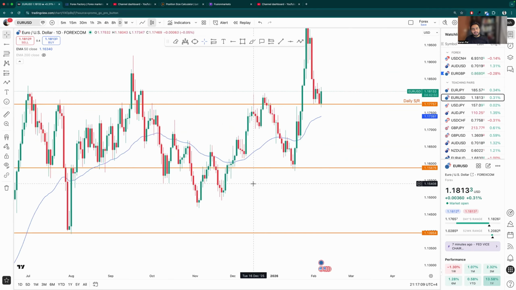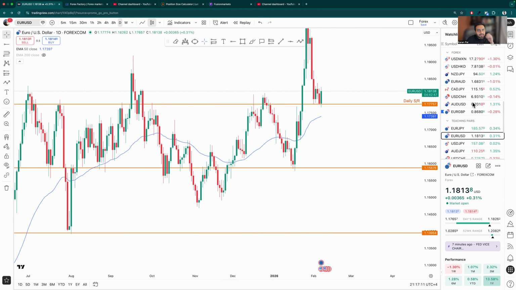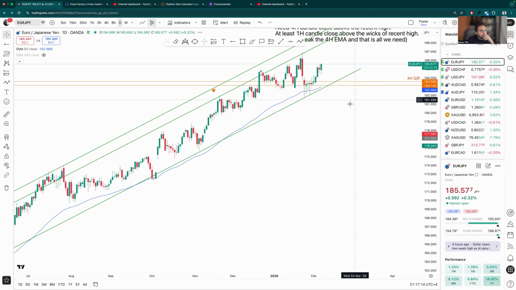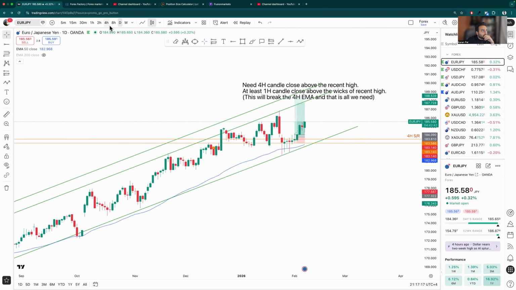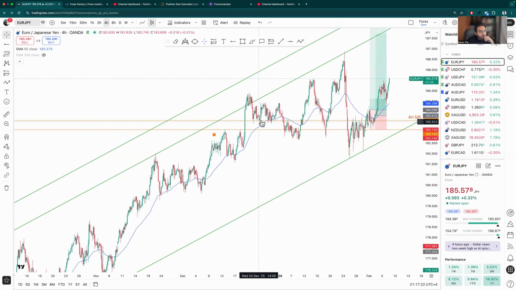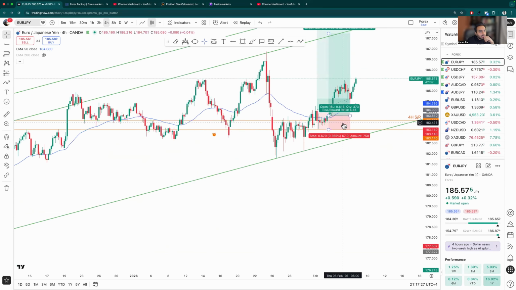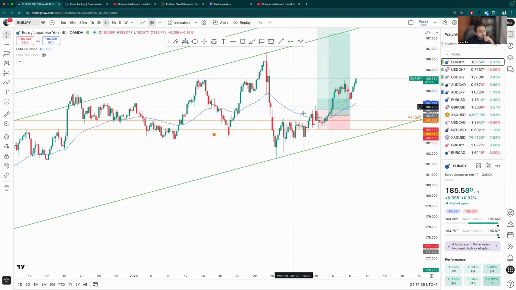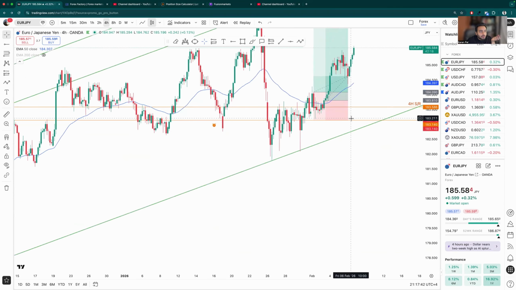And whenever taking a trade, for example, right here in the Euro JPY trade, I could see on the 4-hour time frame that the price took a lot of support at this point, around this level. So my stop loss made sure that I'm not just covering the low, I'm also covering the wicks of this area. So when the price comes down, it doesn't hit my stop loss. Eventually, price did come down, but it didn't hit a stop loss at all. It came down 95% and the price moved up. That's a lot of luck as well.